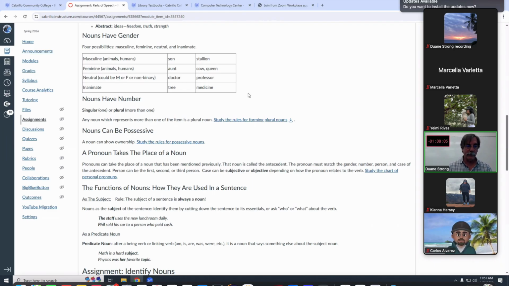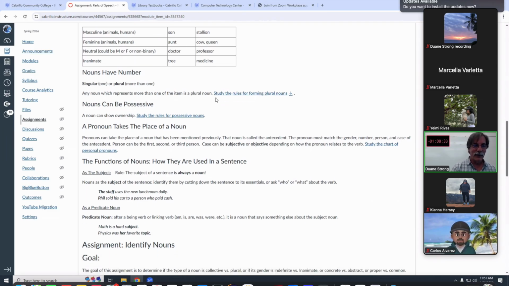Tree, medicine, okay? Now there's a little tricky thing in here, and like some fruits, for example, are supposed to have a gender. Like you can tell a pumpkin is a female pumpkin by the markings on the bottom of the stem or something like that. Not in grammar. If it can't get up and walk around or slither around or it can't move itself, it's inanimate, right? So a pumpkin does not have masculine, feminine, or neutral gender. That's gender. Nouns have a number. They're either singular or plural, right?